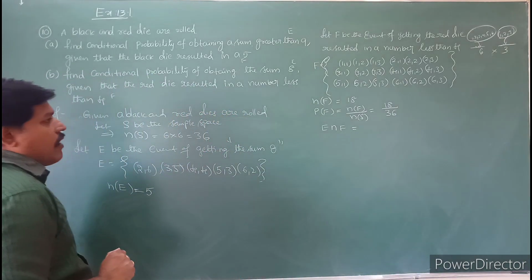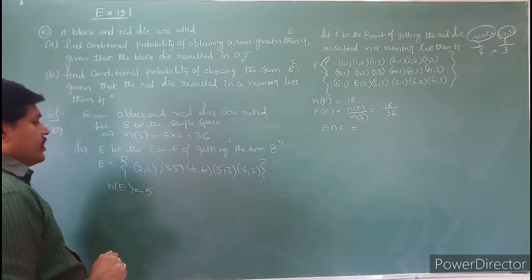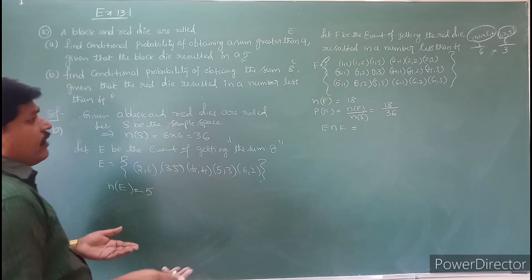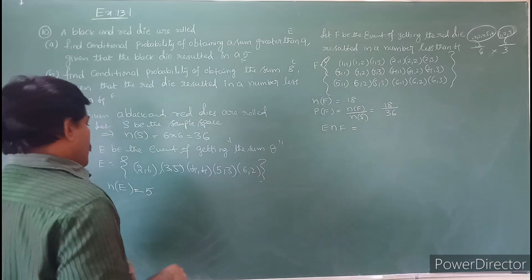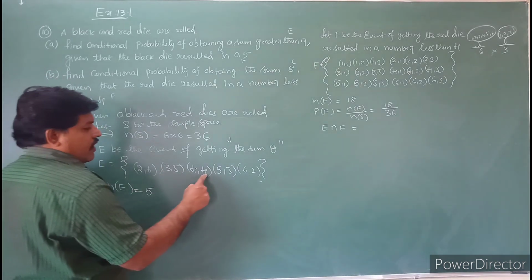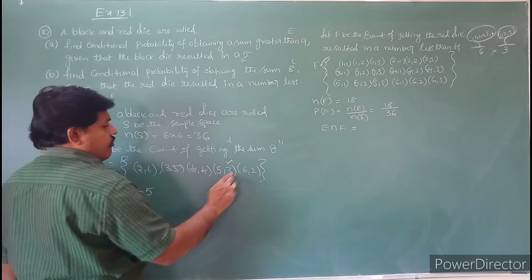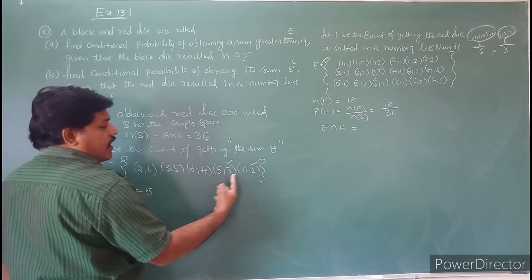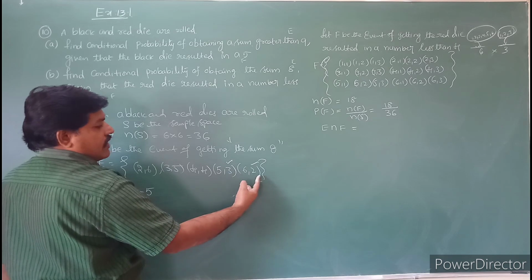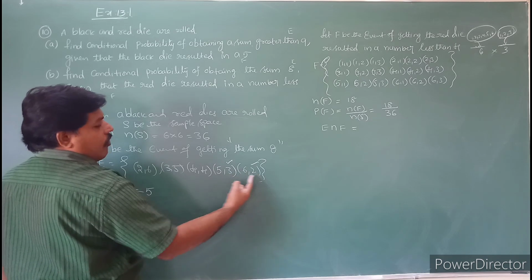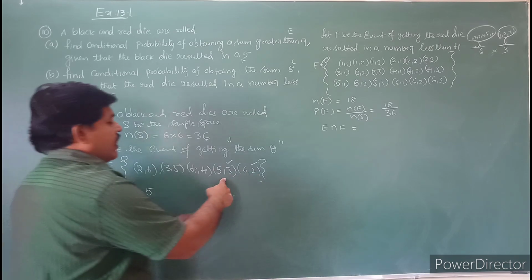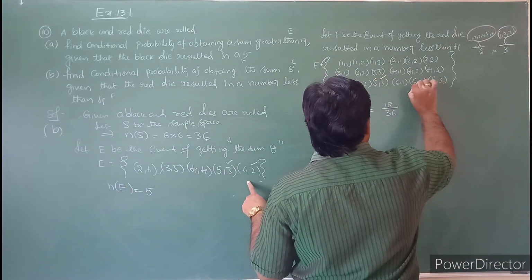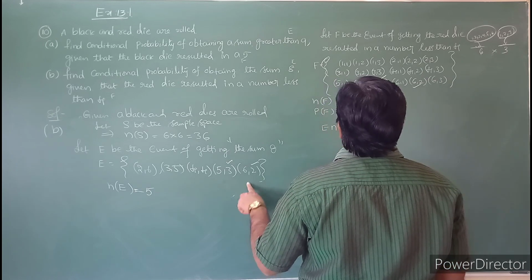So therefore I will take E intersection F. What are the elements? You have to get that. So you can take the values here, students. In the red die you have to take a number less than 4. In the red die less than 4, here it is less than 4 and it is also less than 4. Yes or no? In the second one you have to get a number less than 4. 5, 3 and 6, 2, the number is less than 4. You can take this pair here. You can take that 5 comma 3 is here and 6 comma 2 is there. So there are no other terms here.